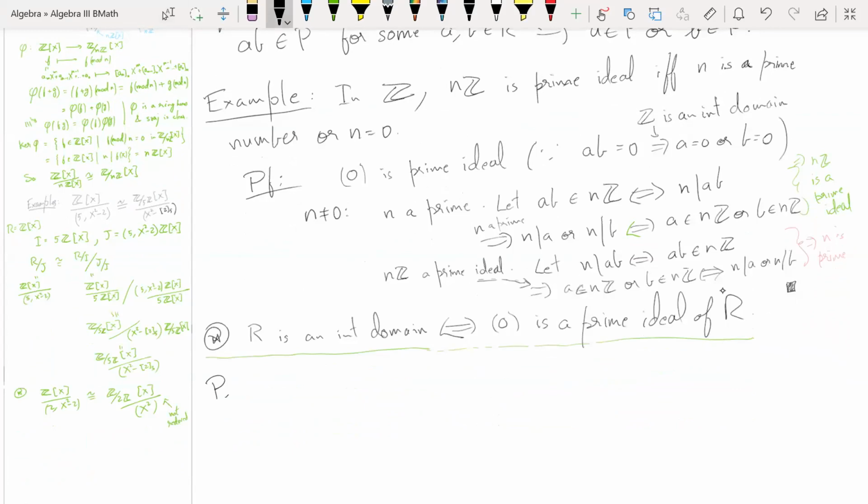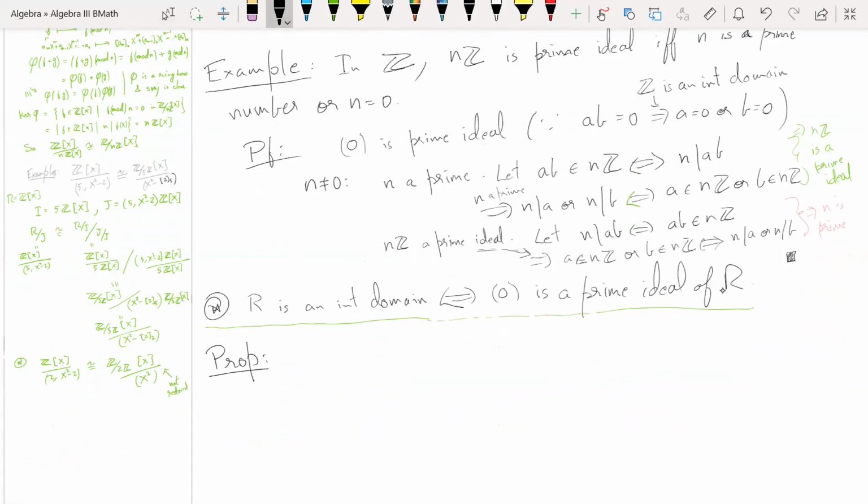Proposition: let R be a commutative ring with unity, and let I contained in R be an ideal,